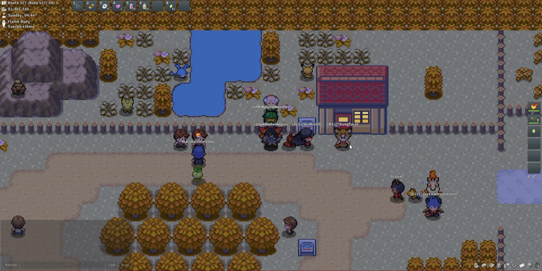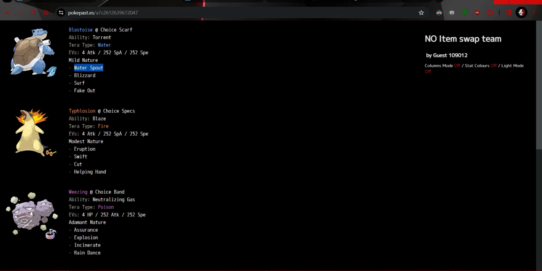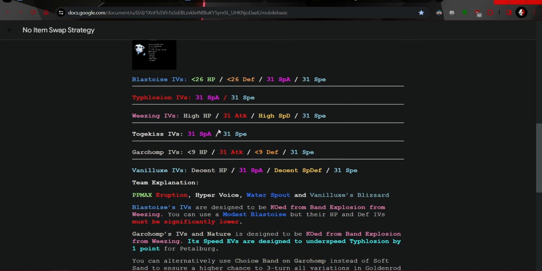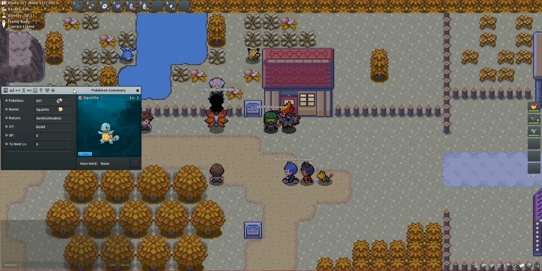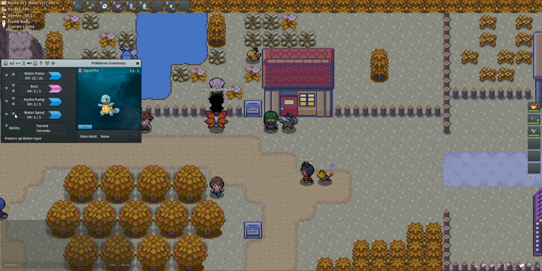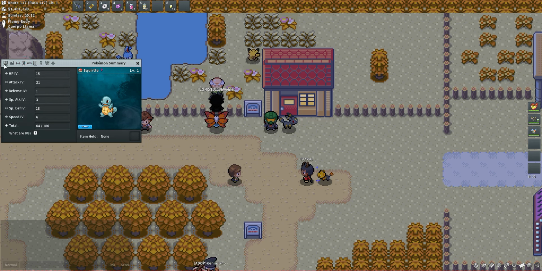All right, now we just gotta wait for this Squirtle to hatch. Then we can start looking at the IVs, because they need to be a very specific amount according to the guide, and we'll go over that once the Squirtle hatches. So we're gonna wait a little bit longer, and we'll be back continuing this guide. All right, here is the Squirtle. I can confirm now that it's got Water Spout, and we can start giving